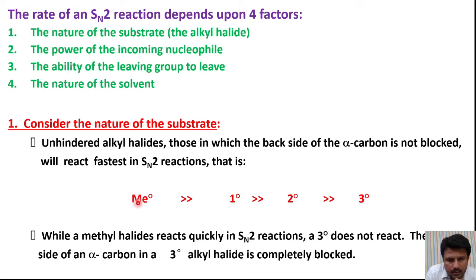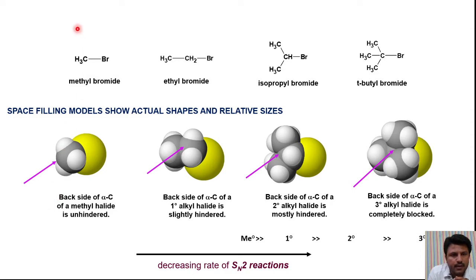Since in SN2 reactions the incoming nucleophile approaches from the backside, in the methyl case, in methyl halide, carbon is directly bonded to 3 hydrogen atoms. Here you can check, in methyl bromide carbon is bonded with 3 hydrogen atoms. We know hydrogen atoms are small in size, so the backside space to this halogen is very open, and OH minus can readily approach in this space.